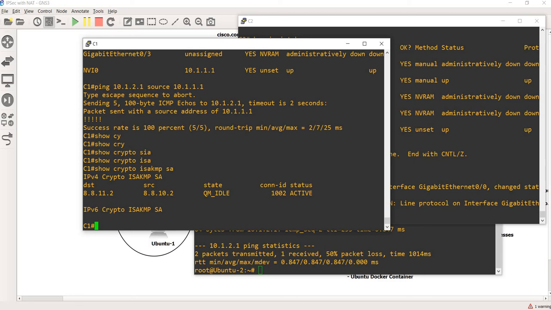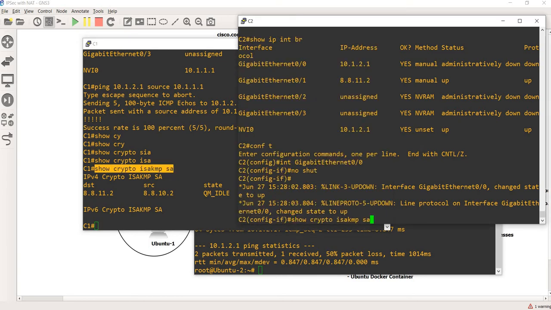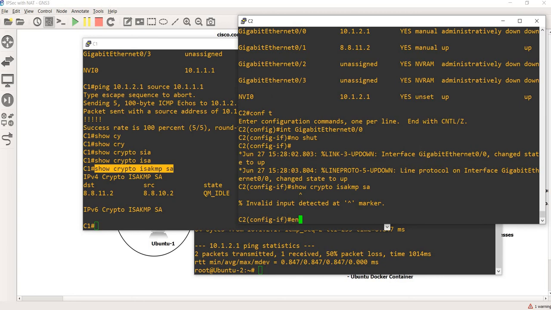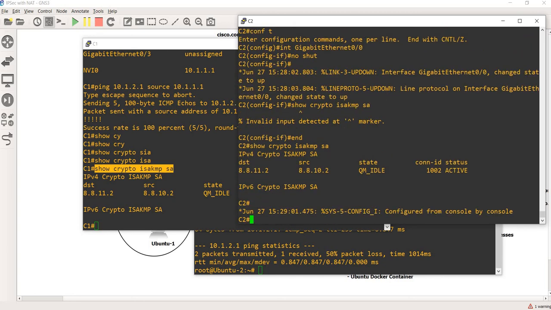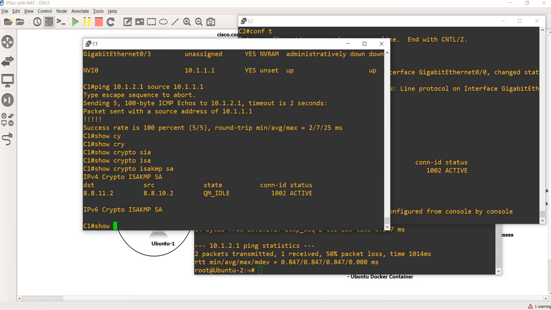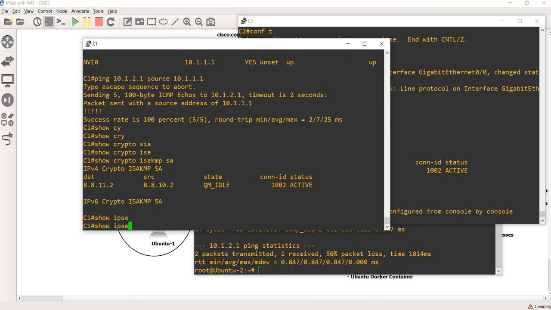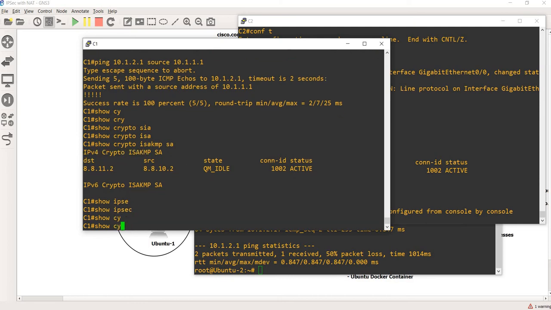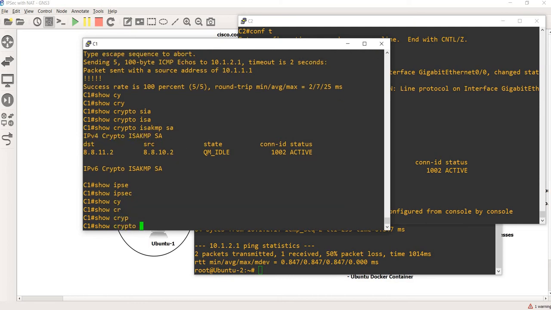So this should be the state that you should see. Source is this IP address and destination is this IP address. State is QM_IDLE and this should be correct. Let me do the same command on customer 2. So it's looking good as well. So let's try this command, crypto IPSec